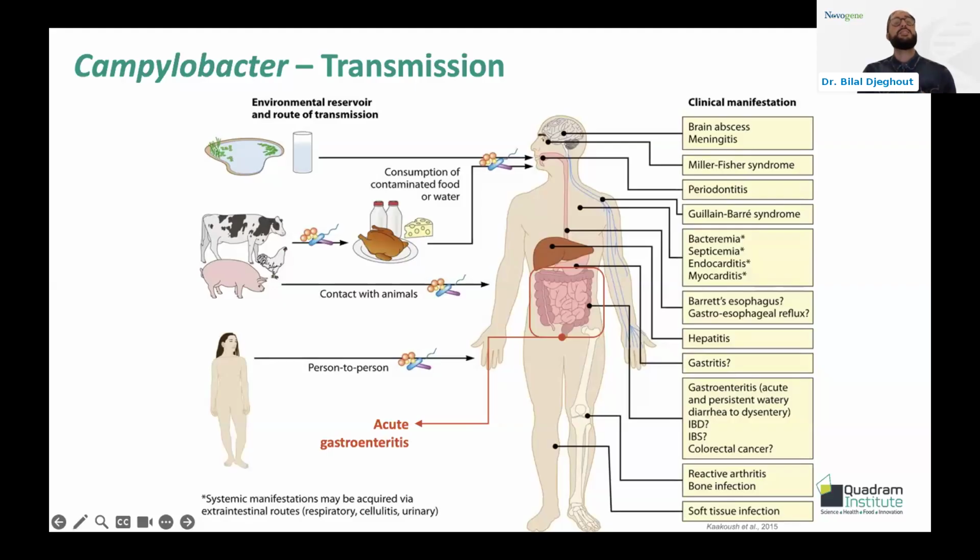The transmission cycle starts when Campylobacter colonizes the intestine of animals and is shed in their feces, contaminating the environment, our food, or our water supply. When people consume these contaminated products, the bacteria reaches the gut, leading to gastroenteritis. And it's worth mentioning that recognizing these key steps highlights why strict food safety, hygienic animal handling, and water monitoring are vital to stopping infection and protecting public health.